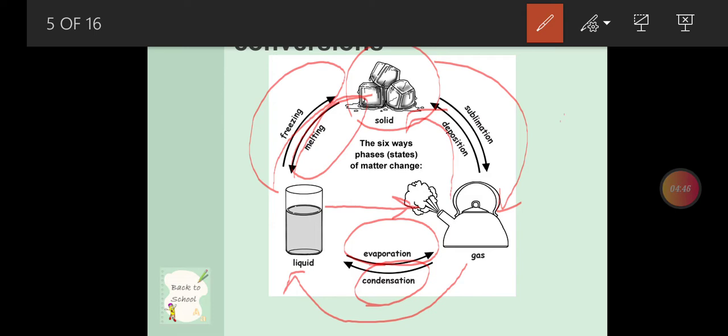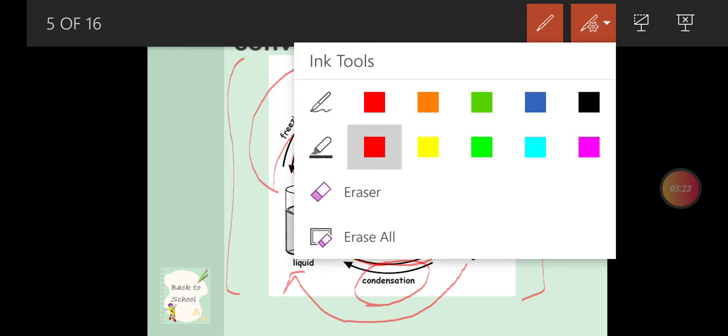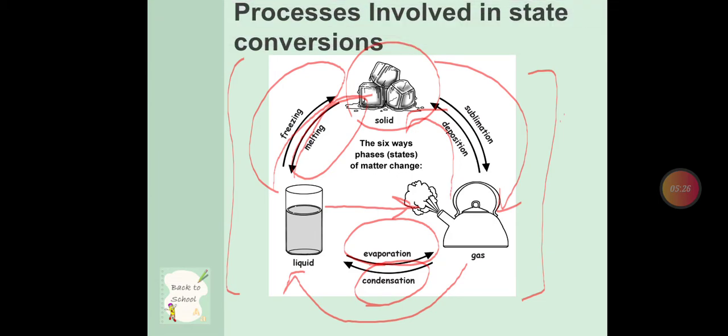So let me summarize this whole chart in front of you again. When solid is linked with liquid, two processes are involved: melting and freezing. When we relate liquid with gas state, the interconversion between liquid and gas again involves two processes, evaporation and condensation. Similarly, when solids are directly related to gas, the two interconversions involved are sublimation and deposition. So I hope now I have made this well clear to you all. Alright, let's move to next.